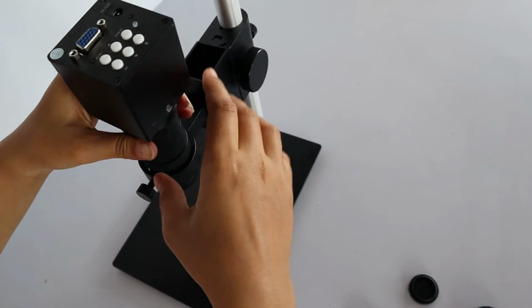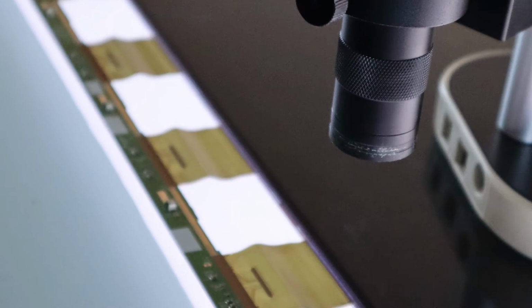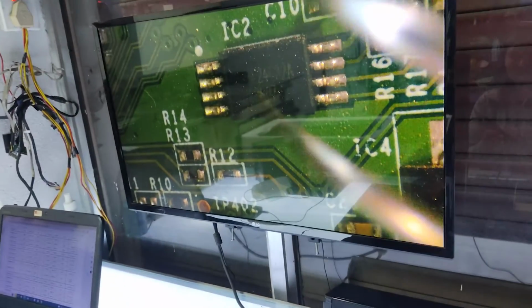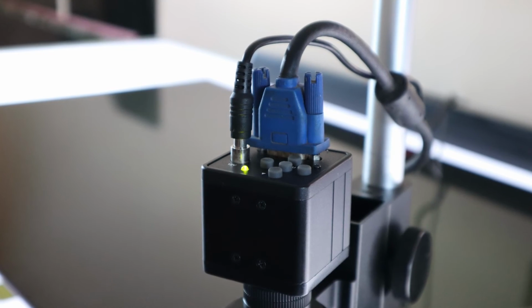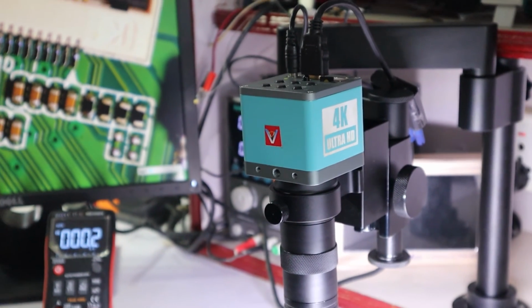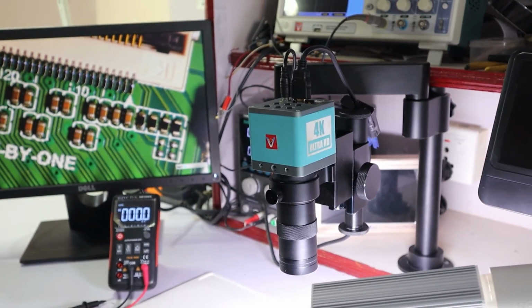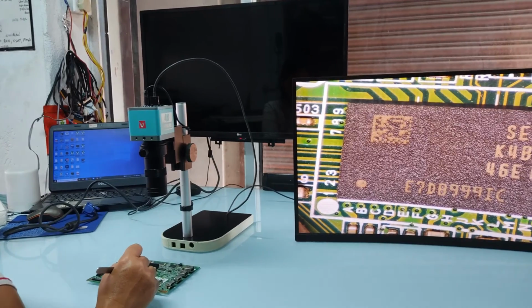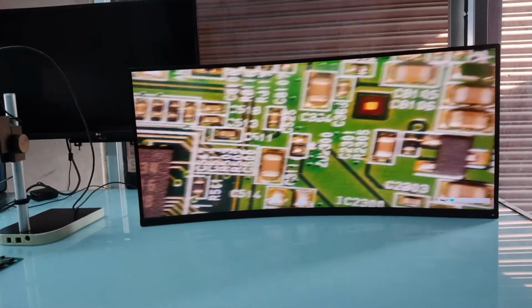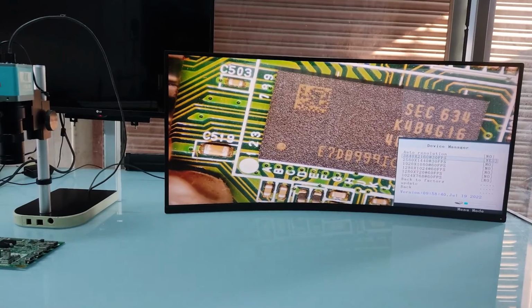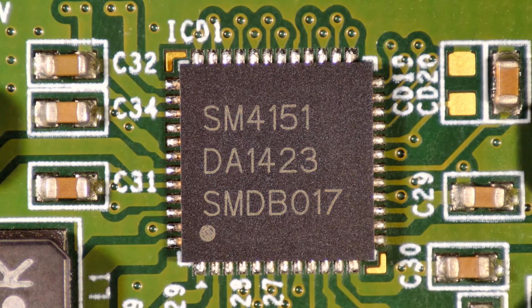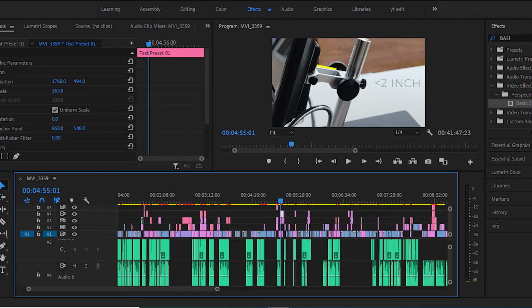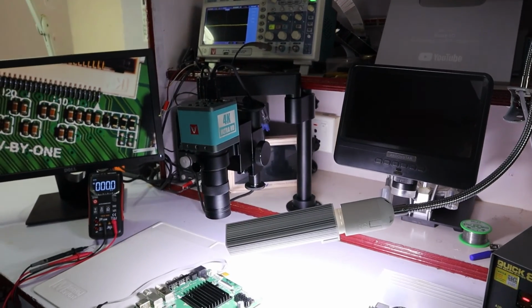Similarly, this is very essential for VGA microscope panel repair. We will work with this. We are unable to capture and record using this. That's why I use this 4K microscope for capturing and recording, which also has a remote control. This 9mm sensor microscope is not very good, but it's okay. There is no recording option available in 1080p. 4K at 30fps and AVI format is the only choice for this. Video editing software without handbrake support cannot be used. The build quality is excellent.